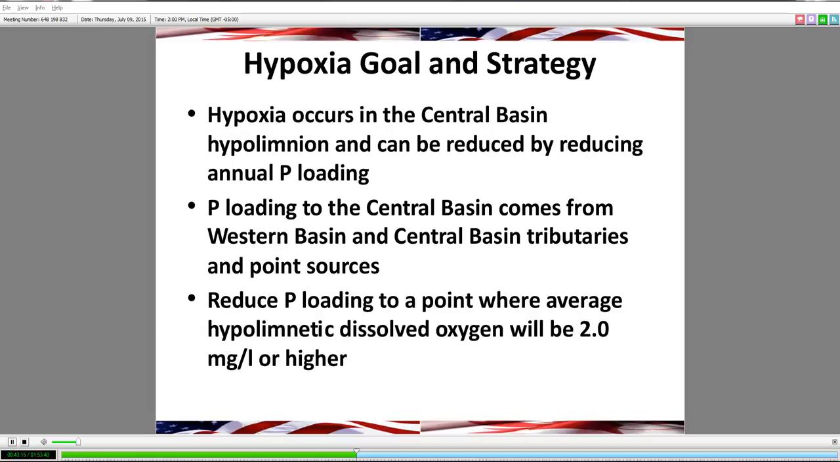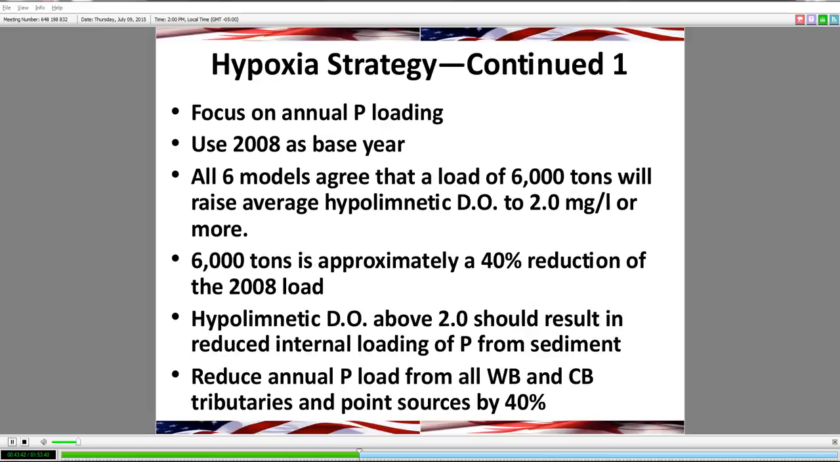Focused for the Central Basin on the annual load of phosphorus. We again used the 2008 year. All 6 models that the modeling team looked at showed that the load recommended by TINCA of 6,000 tons would raise that average dissolved oxygen in the cold bottom layer to above 2 milligrams per liter. And that 6,000 ton load to the Central Basin was about a 40% reduction to the Central Basin from the